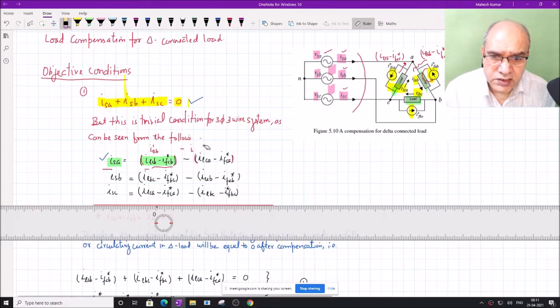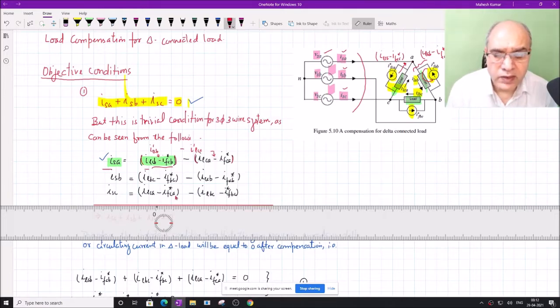Make this ILCA dash, and this is the dash actually. This is the value of ILA dash, the effective load current from A to B. Or you can say effective source current, because after compensation it is part of the source current. It doesn't matter much. The whole thing is that this net current for A to B, this is the net current for C to A, and the difference makes the ISA.